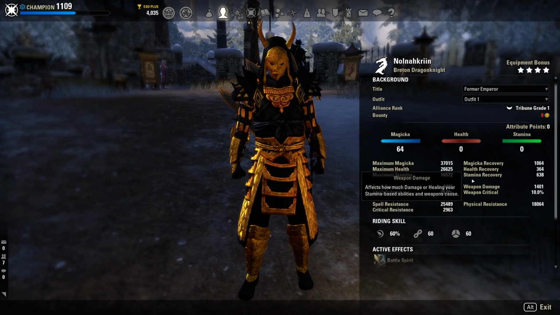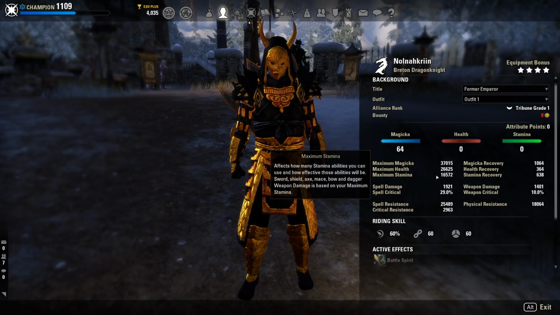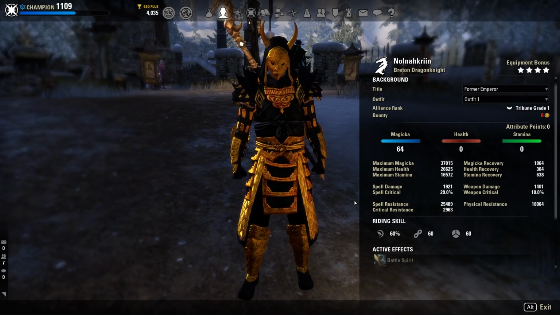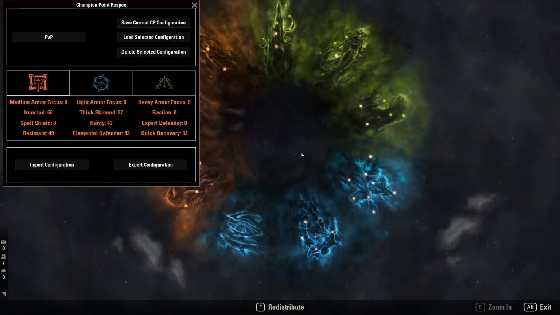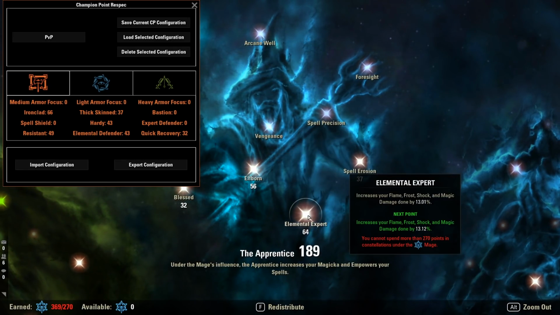On the back bar, our Magicka recovery goes up a little bit to 1,064. Maximum Magicka goes up to 37,000. And our back bar resistance goes up to 25k and 18k respectively. And that is unbuffed. Now, in terms of our champion points, we run 32 points into Blessed, 56 into Elfborn,